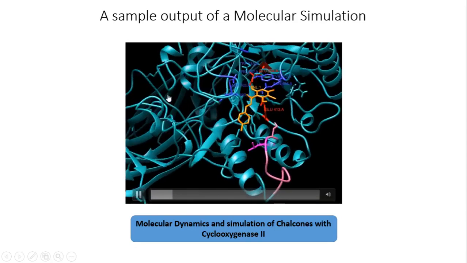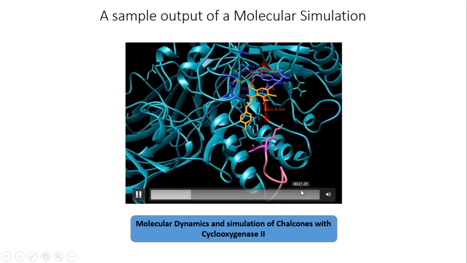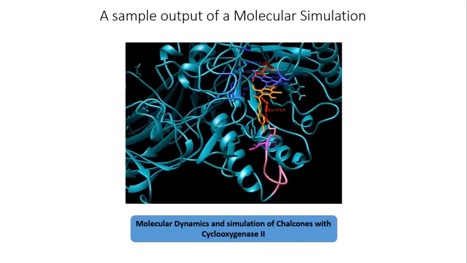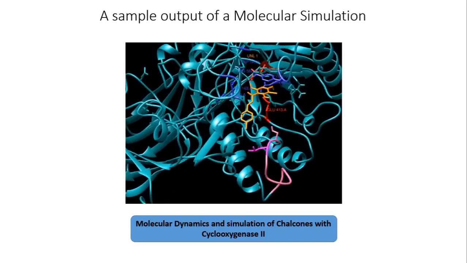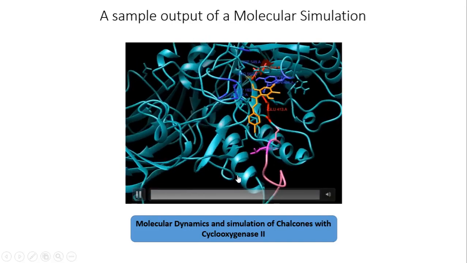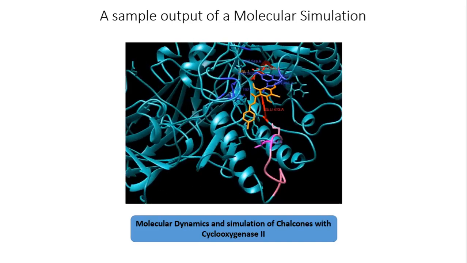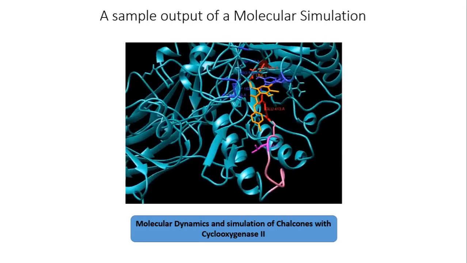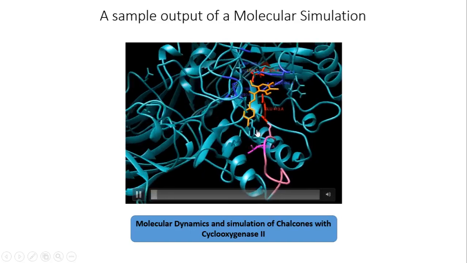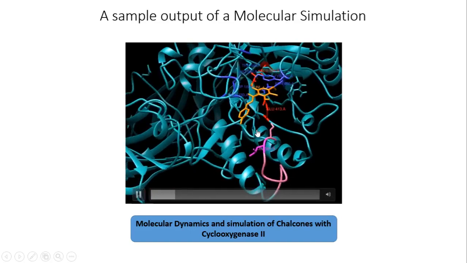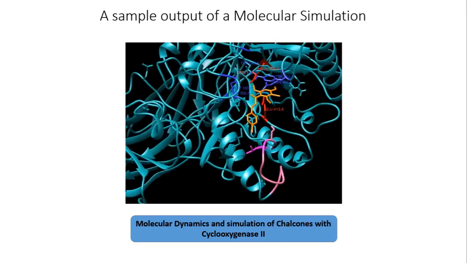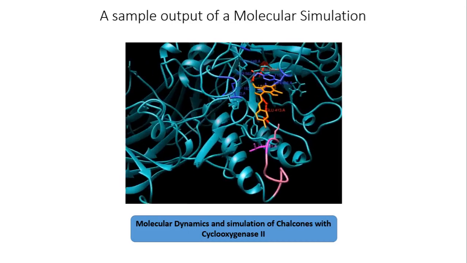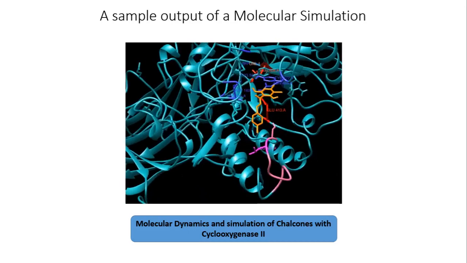What you are visualizing is the trajectory that shows you how the system has evolved over the time span of 50 nanoseconds. Every time the structure you see is moving, you are actually looking at the frames that are placed one after another. This is how you might end up visualizing a trajectory after performing some molecular simulation. Over here this is an output of a typical MD simulation. Okay,